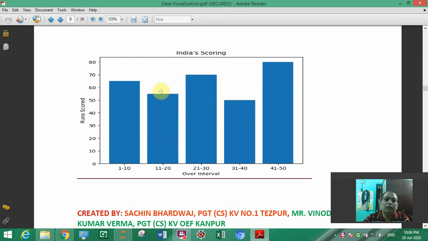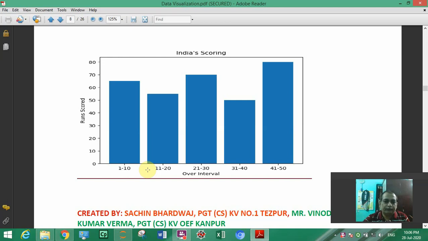So here we are reading a two-axis graph, x axis and y axis. In this graph, x axis will have constant data and y axis will show the increase or decrease in the value.